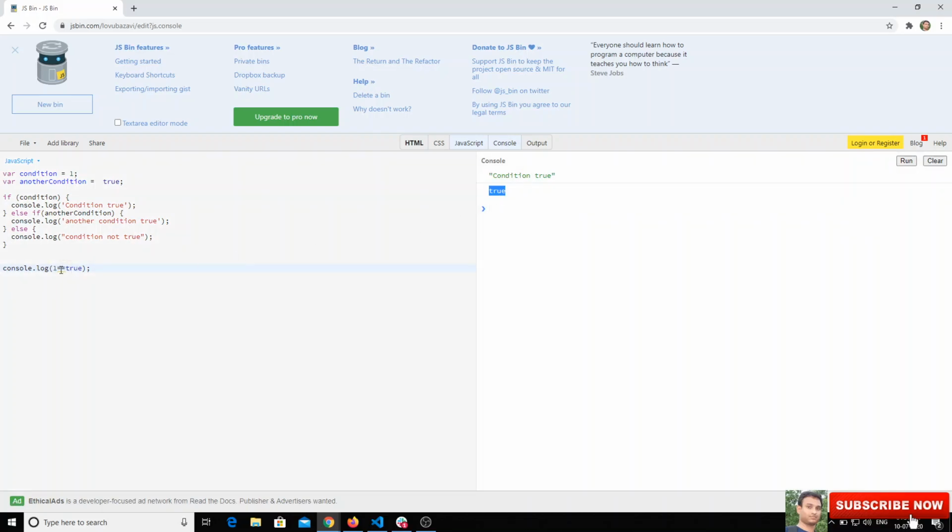Now I will make this triple equals. Now it says 1 is not equal to true, because triple equals makes a clear distinction between the boolean and the number.